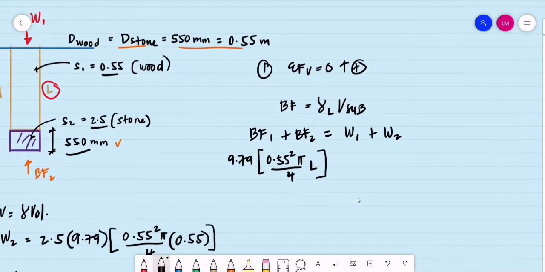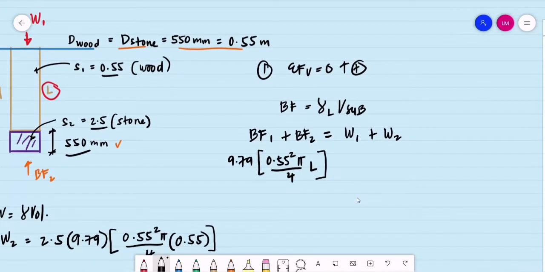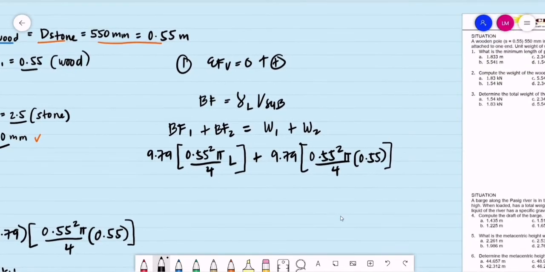Area times the length. Then, plus, buoyant force number 2, that is against the stone, is 9.79 times the volume of the stone, alam din natin yun kasi given yung length, given yung diameter. 0.55 squared pi, this is divided by 4, multiplied by the length, 0.55 meter, or yun yung 550 millimeters, is equal to